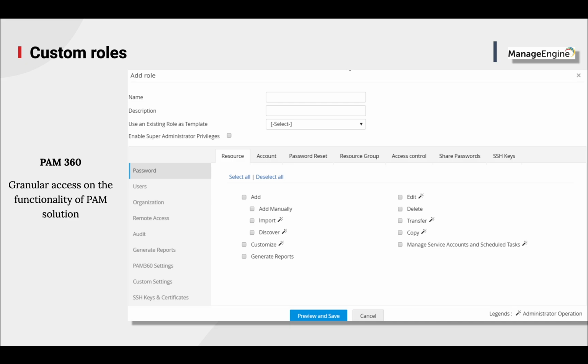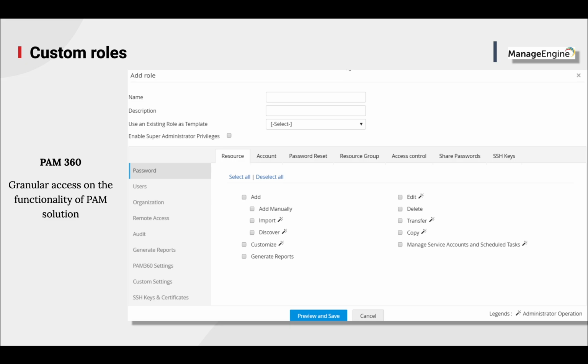Privileged administrators have the administrative rights. In addition, they also have the privilege to configure privacy and security controls. Administrators, users with this role, can manage all users' resources and password-related operations, as well as access audit records and reports. However, they can view only those resources and passwords that were created by them and the ones shared with them by other administrators, privileged administrators and password administrators.